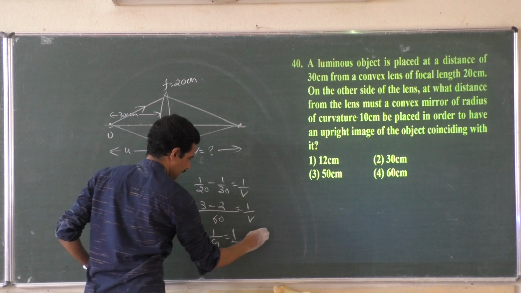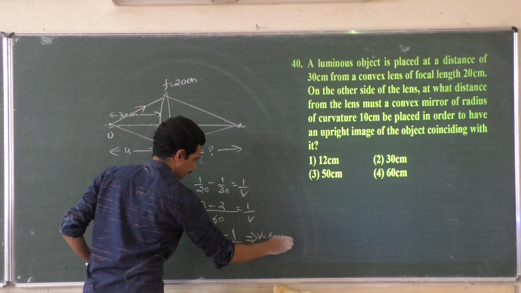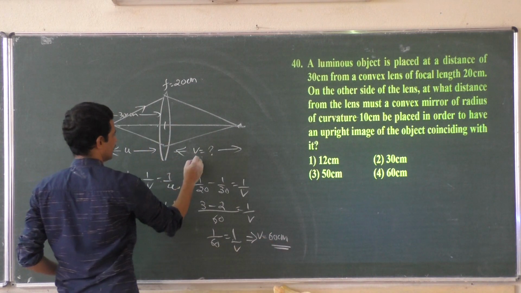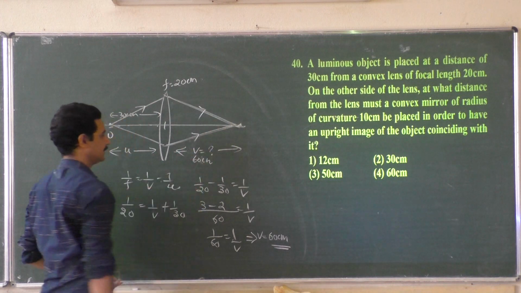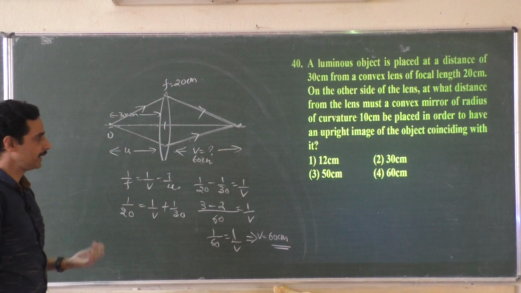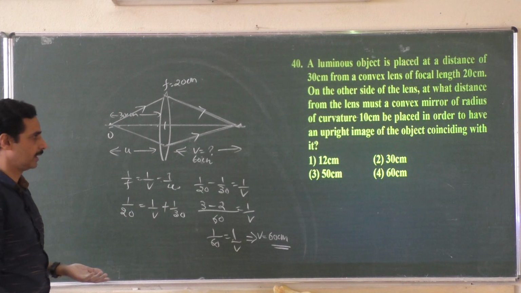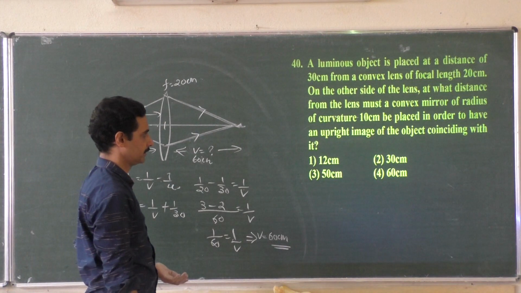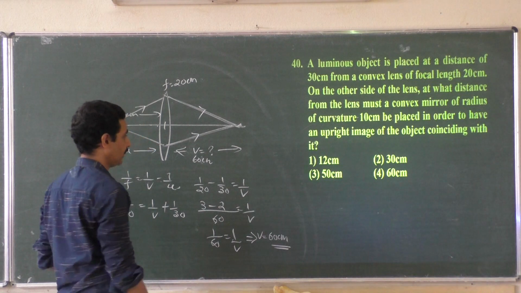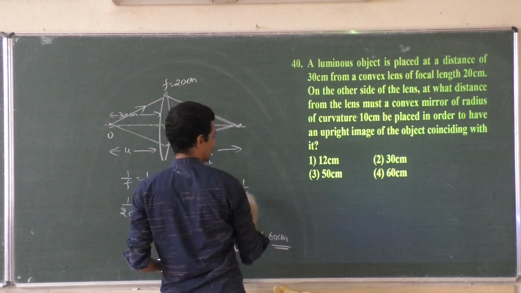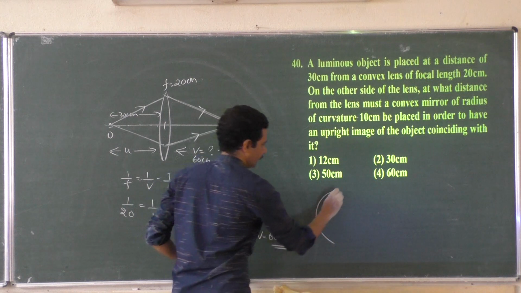That implies v is equal to 60 centimeters. The image is formed at a distance of 60 centimeters here. Now the question is, at what point you have to place a convex mirror of radius of curvature 10 centimeter. What do you mean by a convex mirror with a radius of curvature 20 centimeter? If you complete this,